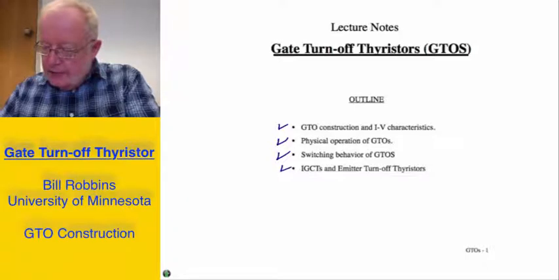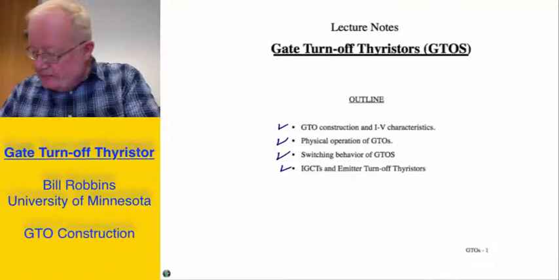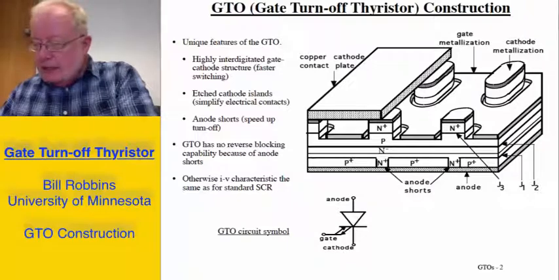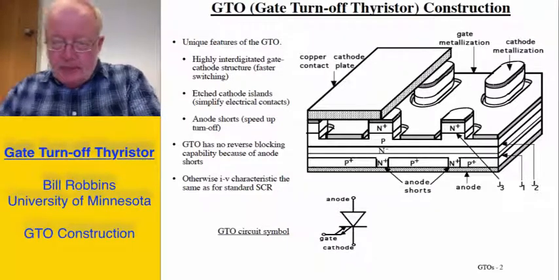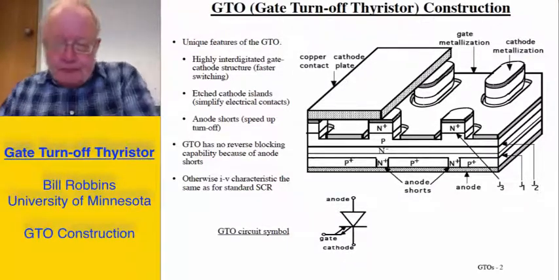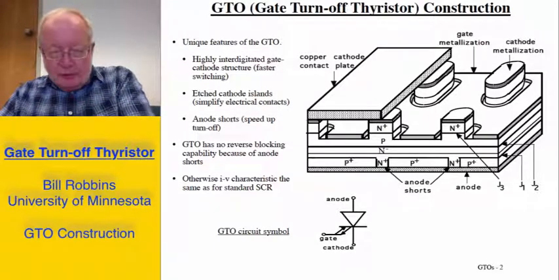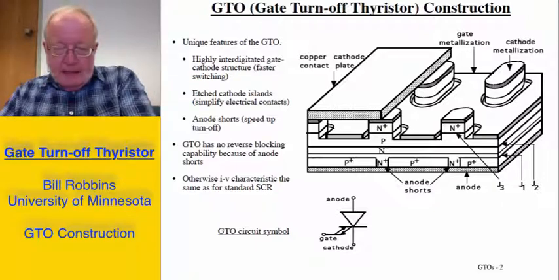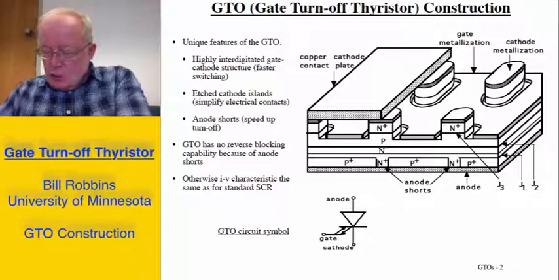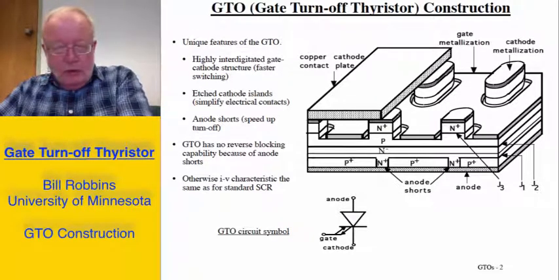Going to the first topic, which will be on the next slide. This slide shows a picture of the basic GTO structure. It has the four-layer structure, PN, PN between anode and cathode as the standard SCR. However, there are a few adaptations in order to make the gate capable of turning off the thyristor. These adaptations include, one, this mesa structure for the cathode area, in which the gate is somewhat lower in vertical